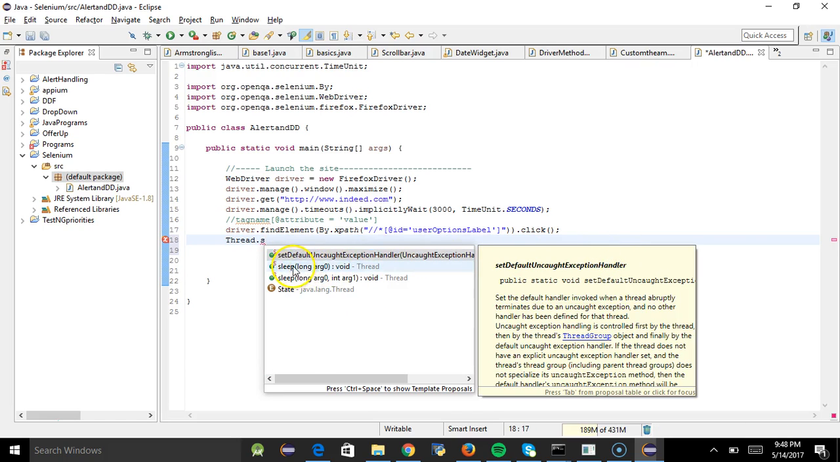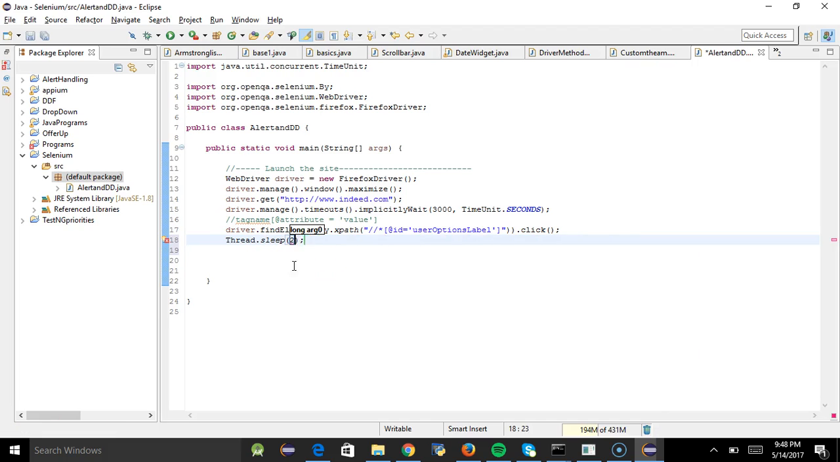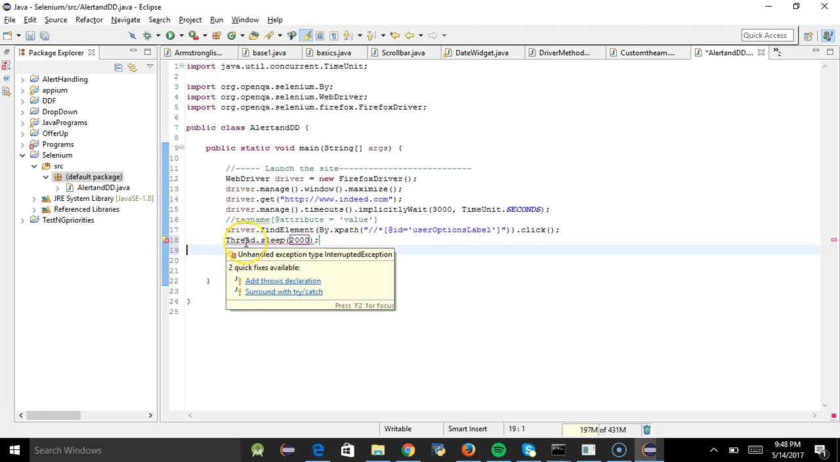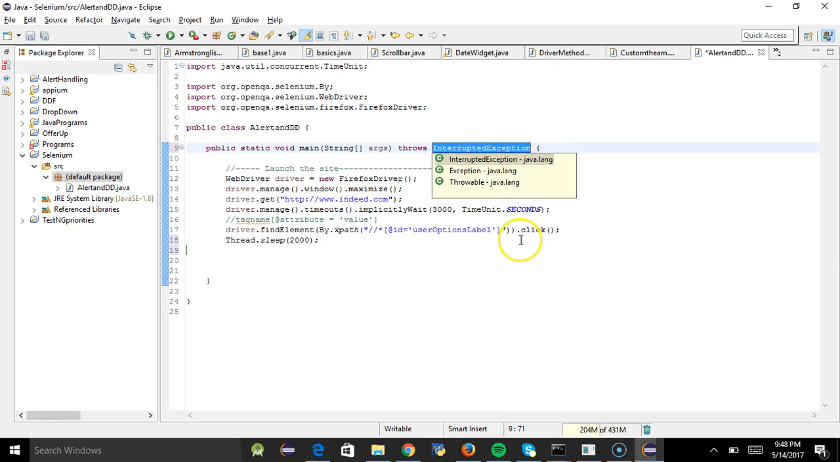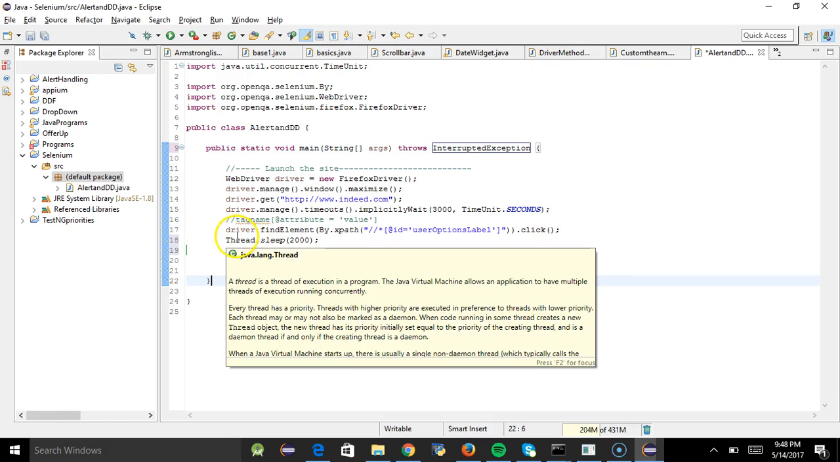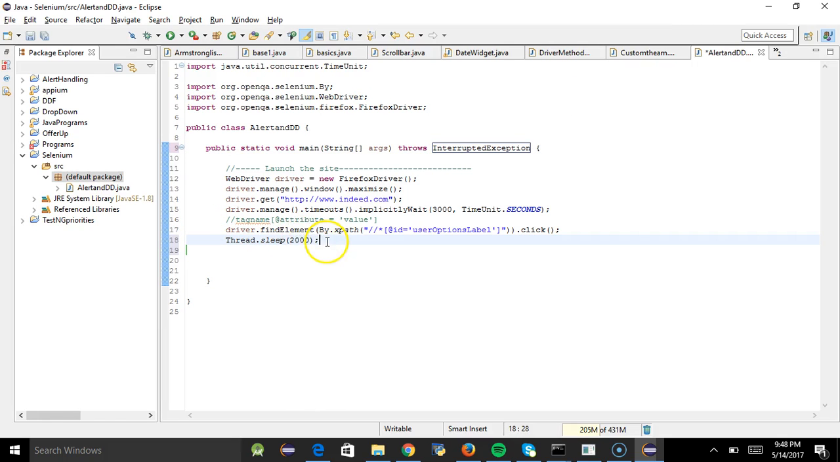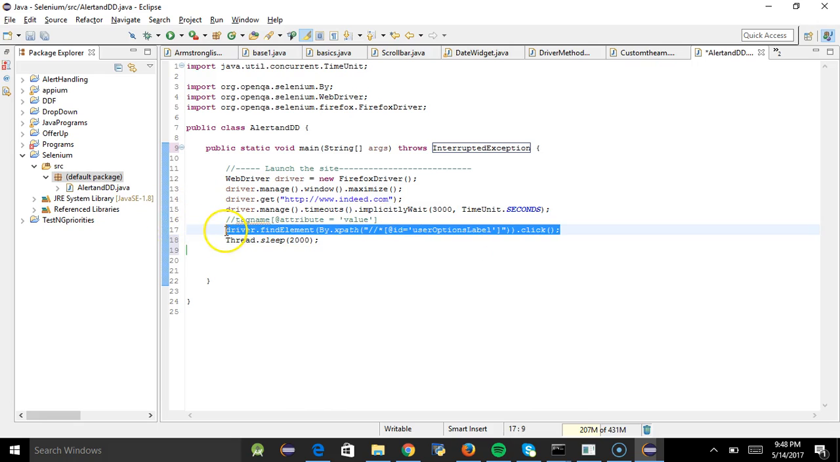Let's use another syntax for wait. So let's wait for 2 seconds by the time the page loads. Just to remove this error, you can add this: InterruptedException. You see, that's gone. So done. Now simply we can again